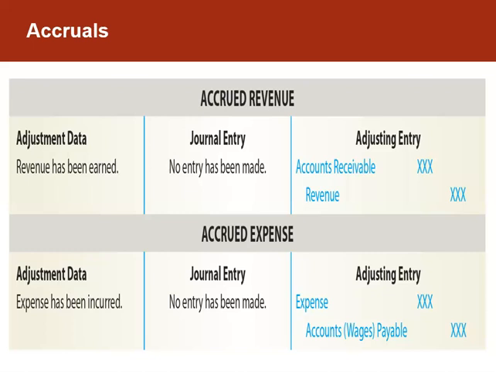All right, so we are making it through this chapter slowly but surely. We've discussed briefly both deferrals and accruals. Let's look at some accruals here. We've got both examples of accrued revenue and accrued expense on this page. When we recognize, first looking at revenue, that revenue has been earned, well, no journal entry was ever made. So this adjusting entry